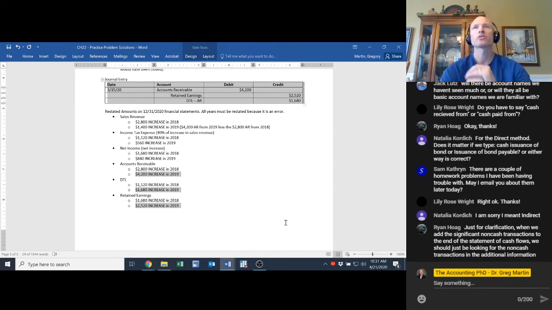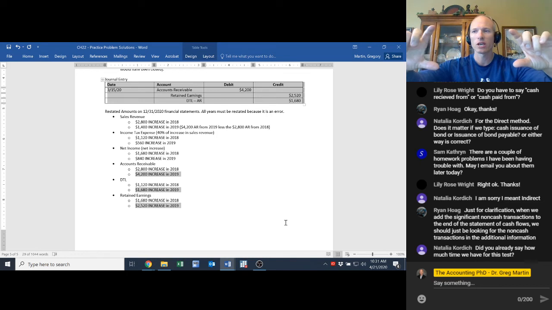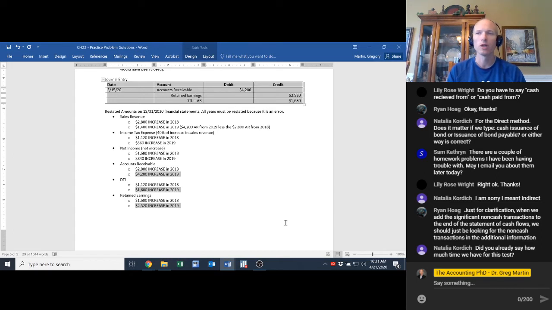And Ryan had also asked about... In my one example, I had cash payments for interest and cash payments for taxes as a separate disclosure. For the test, when you have the indirect method, you have the operating section, the investing section, the financing section, then the change in cash, and then sometimes companies will provide cash payment for interest and cash payment for taxes as a separate disclosure. For the test, you do not have to provide that. I was just providing an example because companies more and more are doing this, just showing you something that companies are doing.